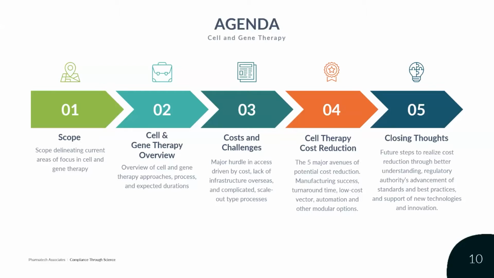And then I'll eventually present some closing thoughts, where we hope the industry will head to not only make way for better standardization, but hopefully more regulatory advancement of standards and best practices, and then supporting new technologies